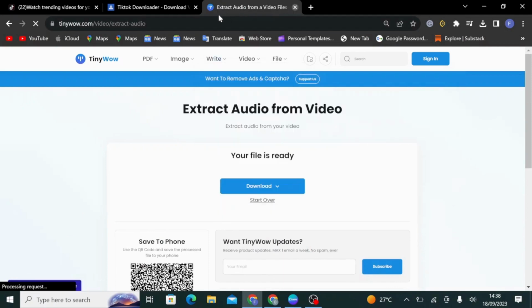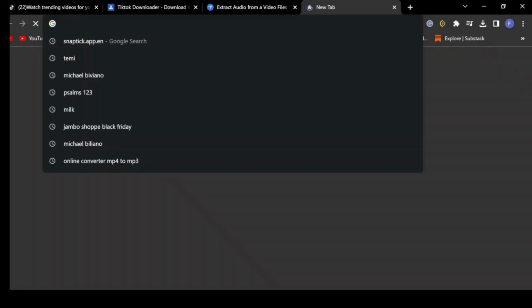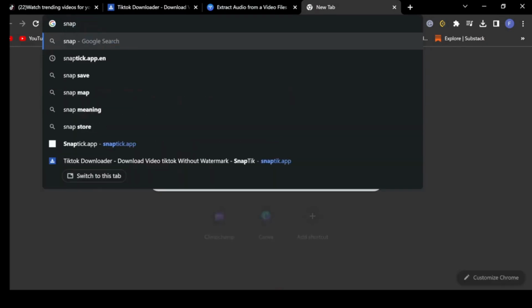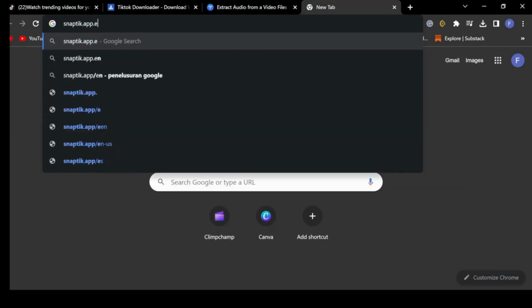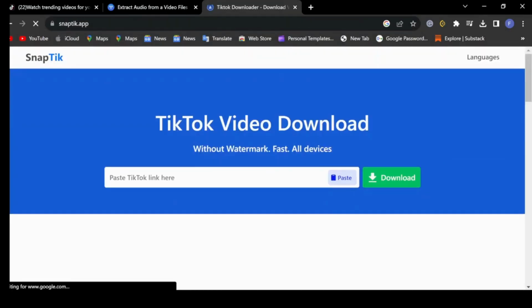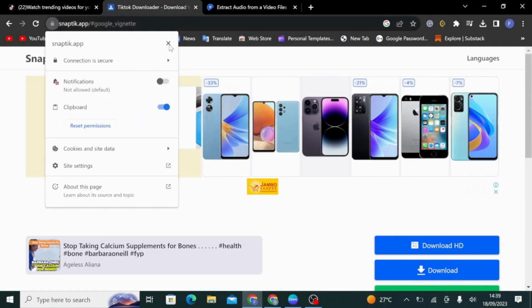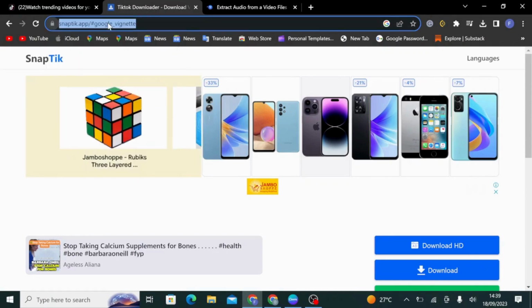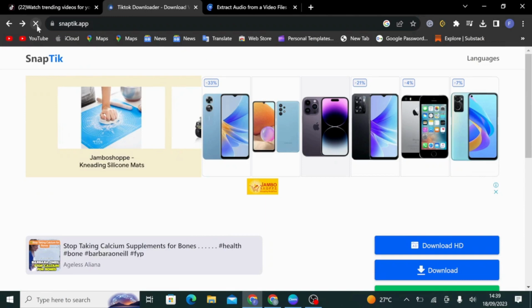and immediately you do that, go to your Chrome browser, then type in Snaptic. Go to your browser and just type in snaptic.app, and then just come and paste the link. So once you've pasted the link, it's going to show you a way you can download. You can either download the video in HD or just click download, and it's going to download and be saved